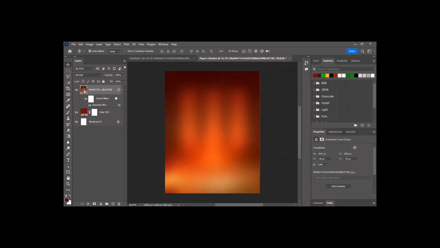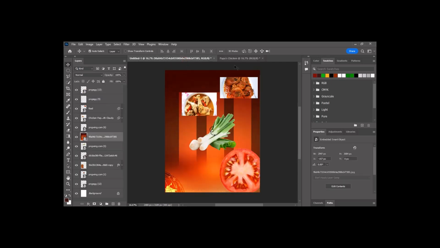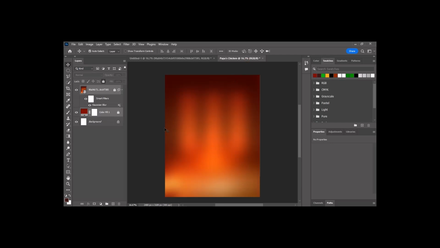And then I'm gonna lock these layers because I don't want them to accidentally move, right? So next thing I'm gonna do is draw a rectangle